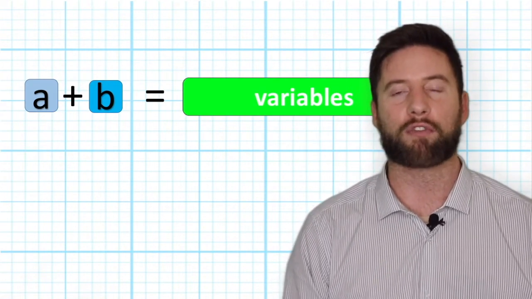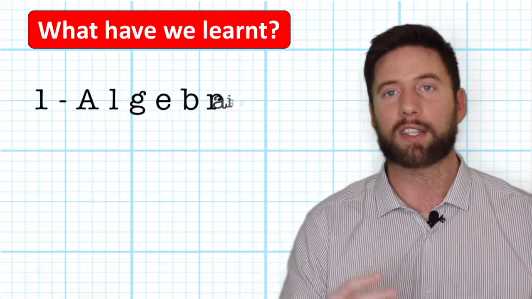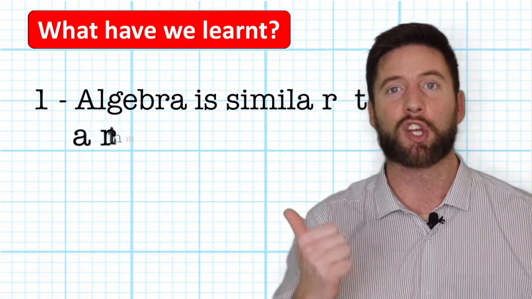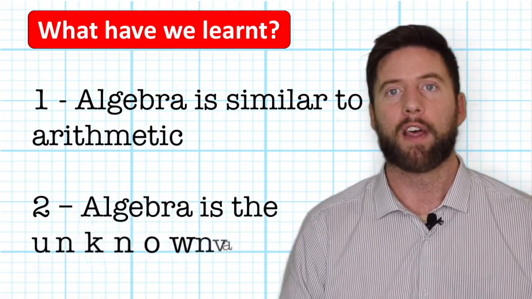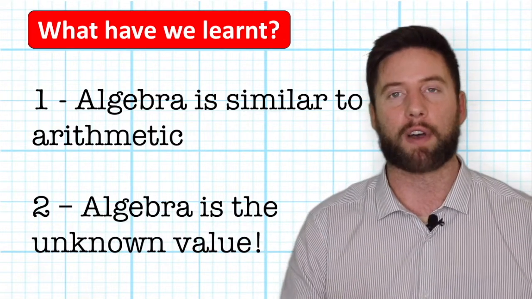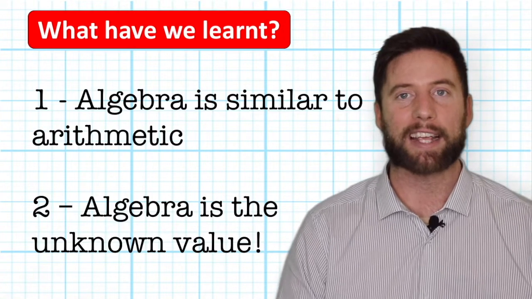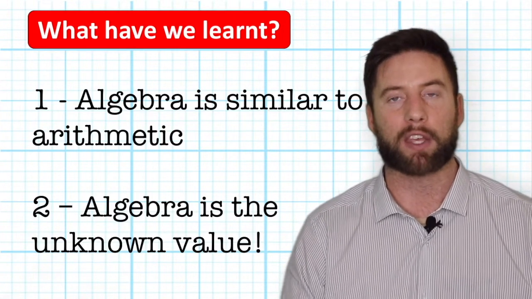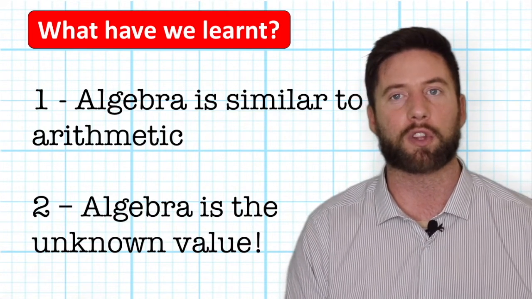Okay, so what have we learned so far? We've learned that algebra is very similar to arithmetic. It uses the same four processes: addition, subtraction, multiplication, and division. But we've also learnt that algebra has an unknown value that can be replaced by a symbol. And we often see X and Y and A and B being used the most. But there is one more thing that's really important I want to teach you in this video, and it has